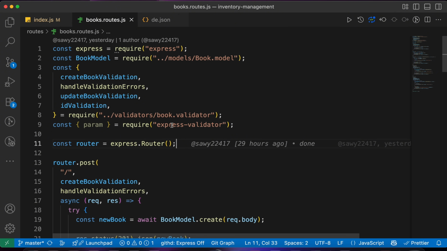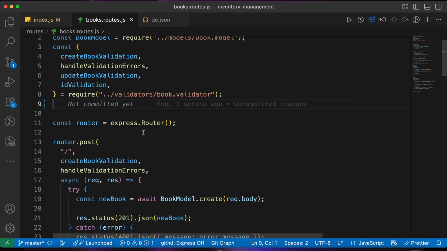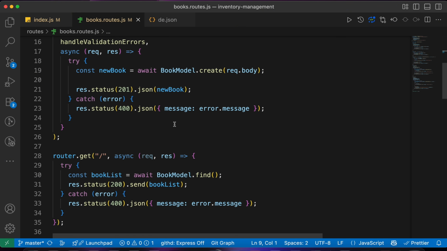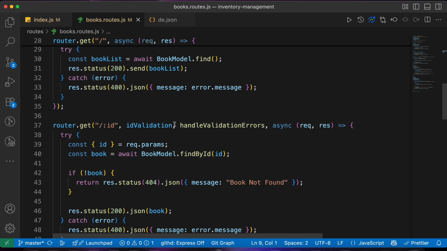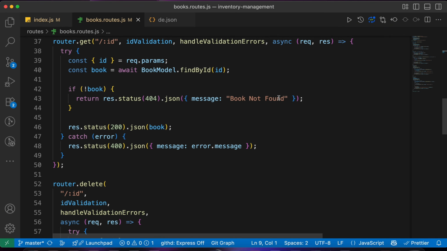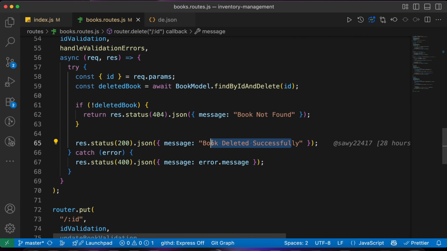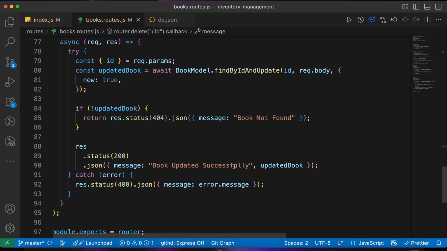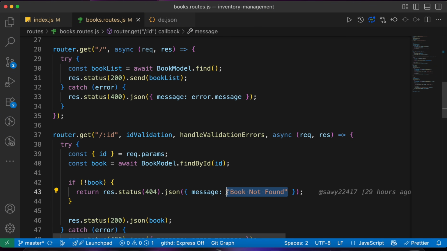and add translation here. We don't need this import anymore. Here's the param. We don't need it. Let's pick any static English strings and translate them. For example, this book not found, and book deleted successfully, and book updated successfully. So let's copy them. First is book not found,